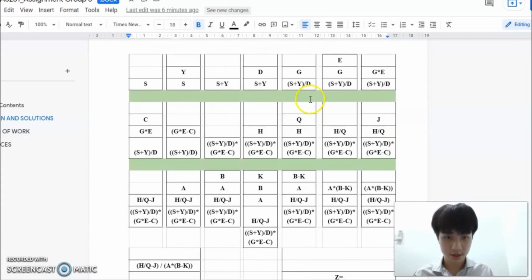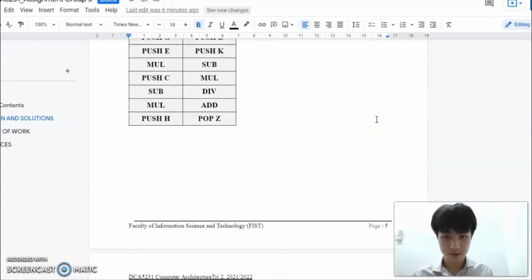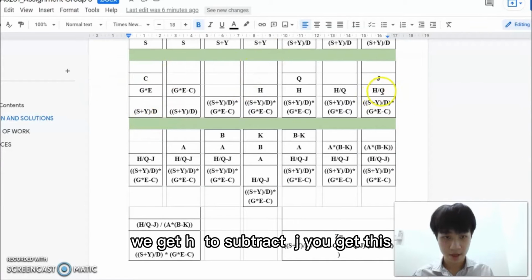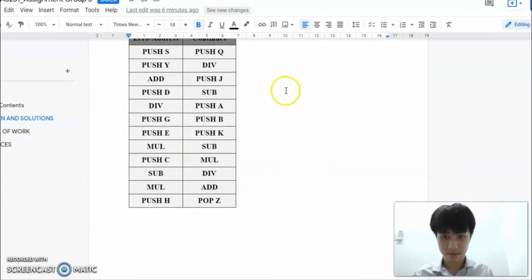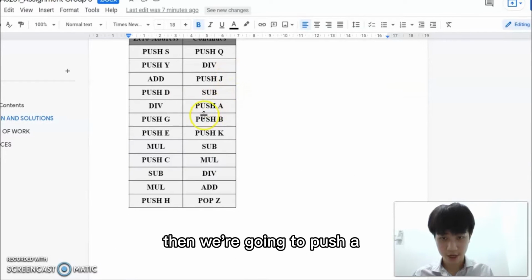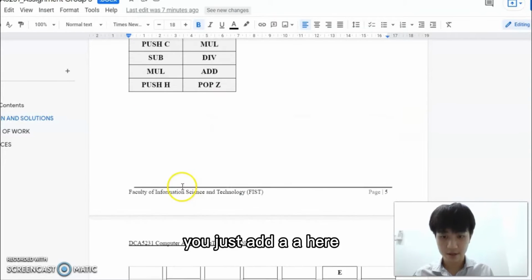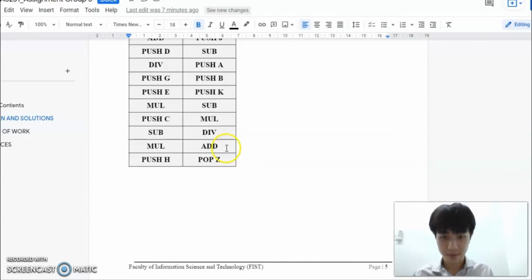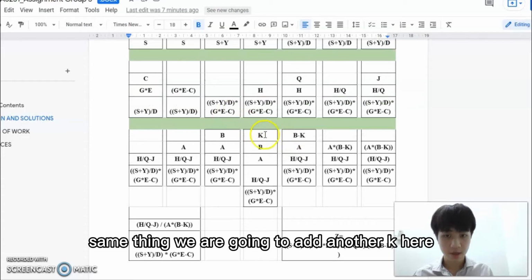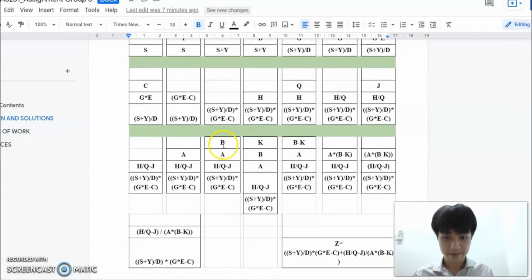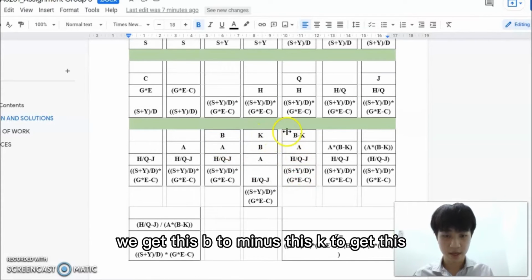And then push J, we just add a J here. And then subtraction, we get H divided by Q minus J to get this. And then we're going to push A, then we just add the A here. And then push B, we add a B here. Then push K, same thing, we are going to add another K here, and then subtraction. We'll get this B minus this K to get this,